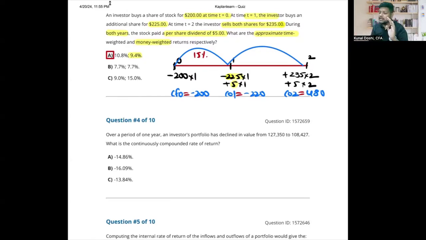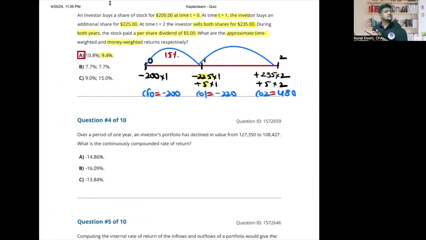Now this period return is gone. Look at the second period. The second period starts from the end of the first year to the end of the second year. It doesn't matter how many shares you hold. What happened to the stock? The stock was 225. Dividend 5 was of the previous period, so that's gone. So 225, it ended at 235 and you got 5 dividend per share. Focus only on one share. So the ending value is 235 plus 5 equal to 240, divided by the previous year value, 225, minus 1. You'll get 6.67%.